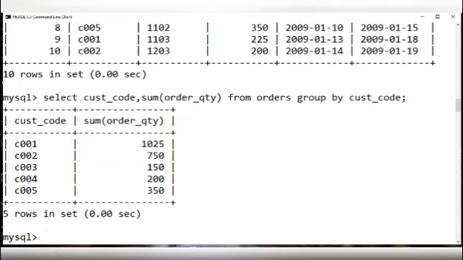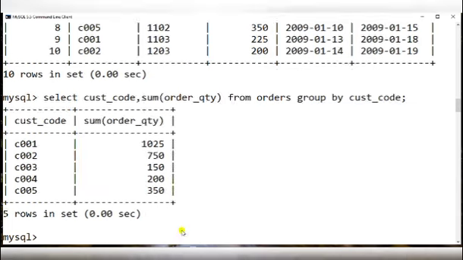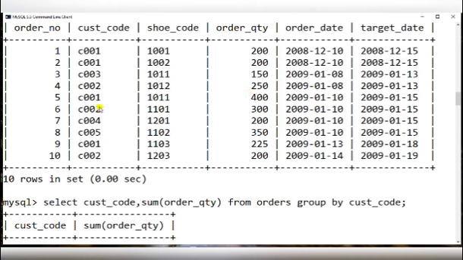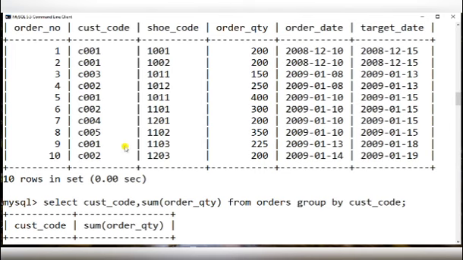So the total quantity ordered by C001 is 1025. If you see this C001, if you add these 4 values, then it comes out to be this. For C002, it has picked up these order values and added them. It comes out to be this. And in the same way C003, C004, C005. So it has grouped the data as per customer code, then it has applied the sum function on each group separately, and we come up with this output.